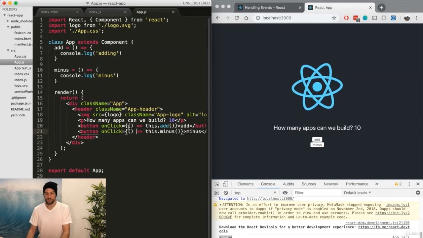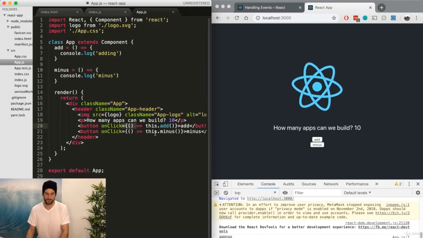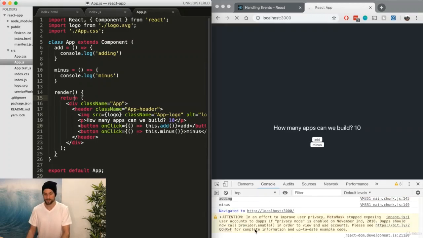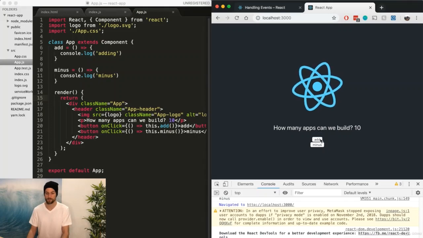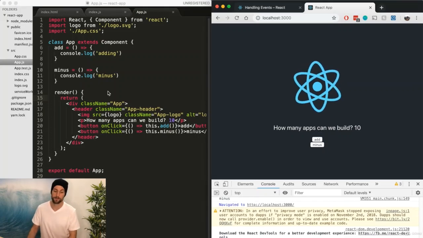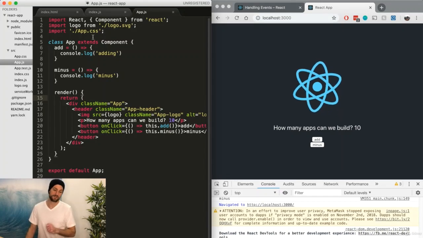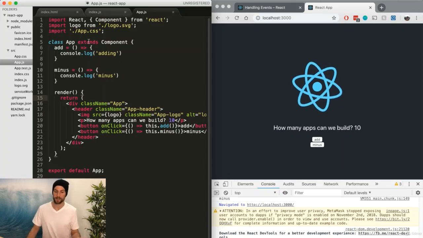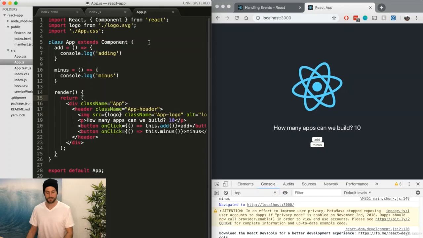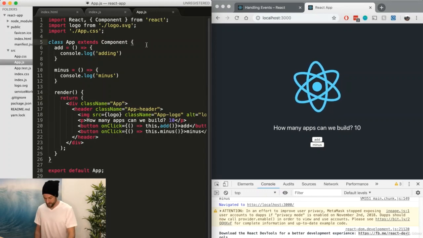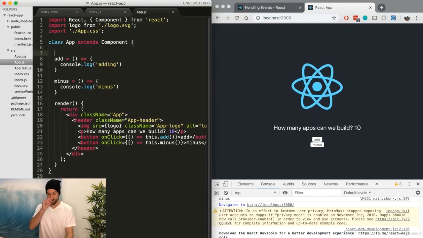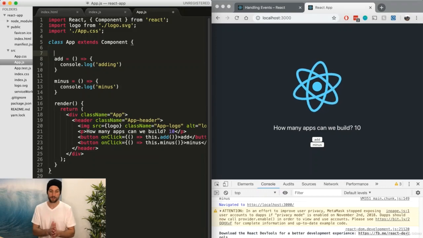So this means on click, we could do this function. So when we do this, it doesn't run as soon as it loads, it only runs when we click the item. But we want to add more to this function, so we don't just want to log adding and minusing. We want to add a state. So the state is what the